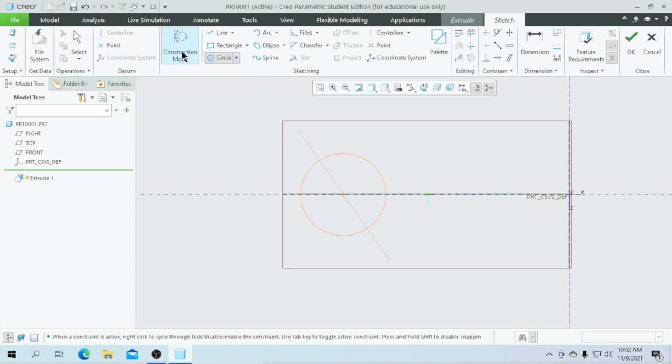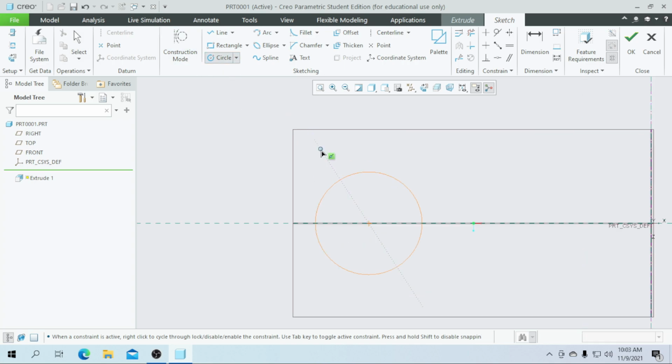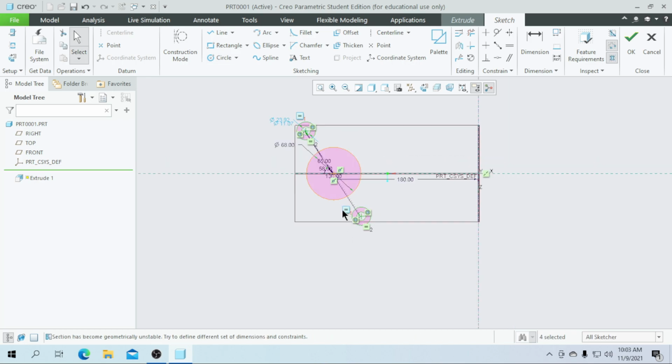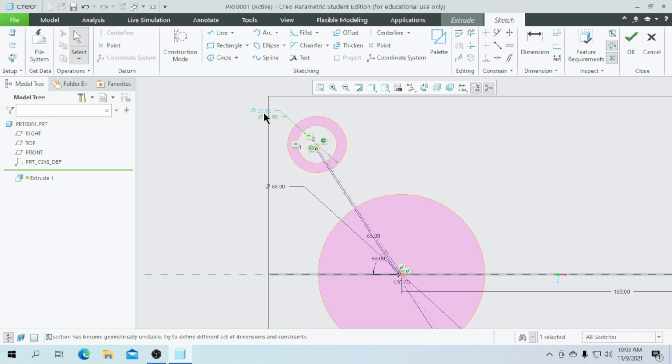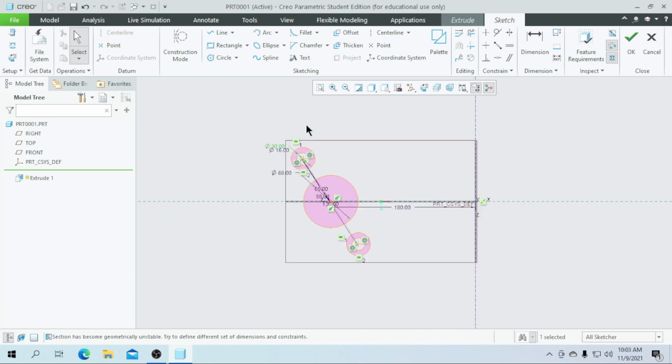Then I am going to draw a circle. Before that, let's assign the angle value as 58. Then let's draw two concentric circles, and the same on the other side with equal constraints. Then let's go for the dimensions. I need this inner diameter to be 16 and the outer diameter to be 30. As we made equal constraints, it will automatically change on the other side.